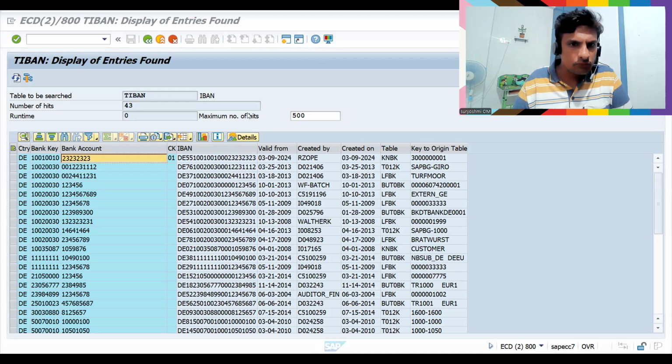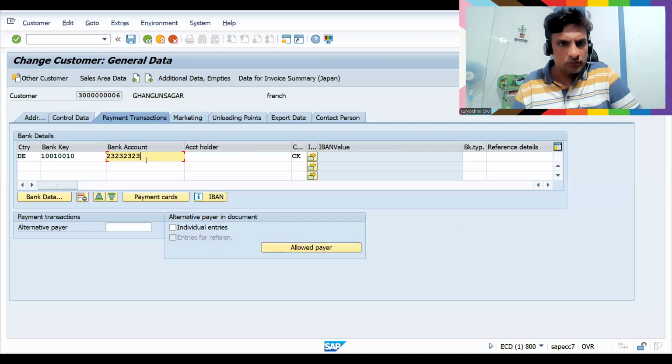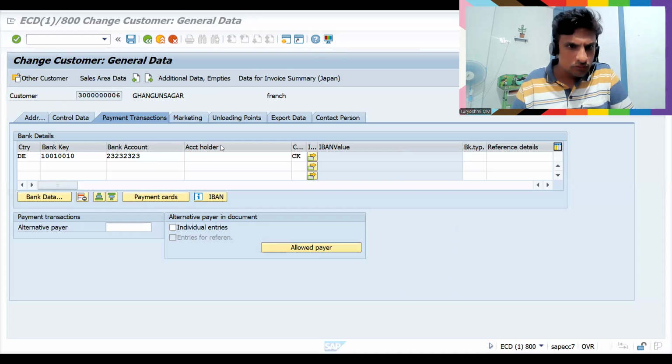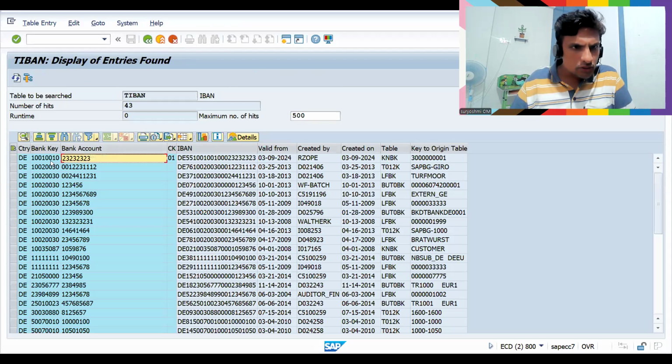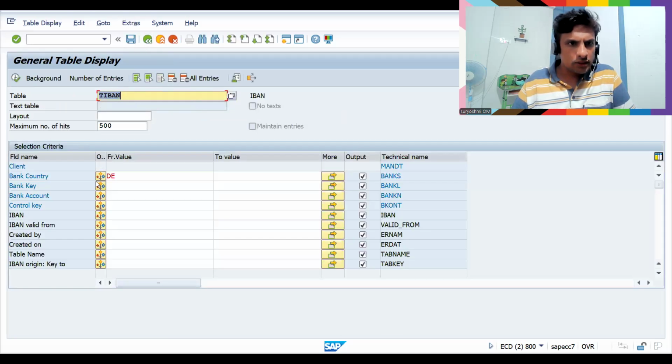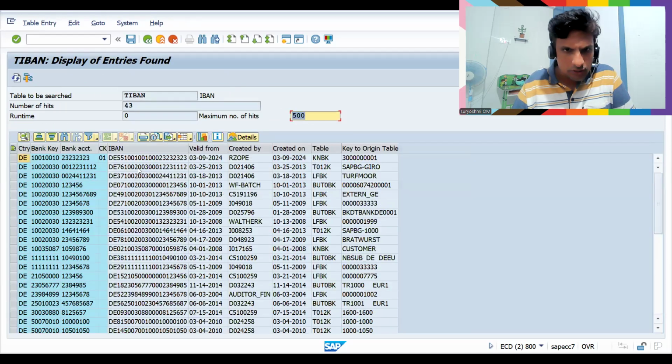So you can take any example. Okay, who is the account holder? Let's say this. If I give this one bank account, oh, the current one which I created, I don't want to take this one.